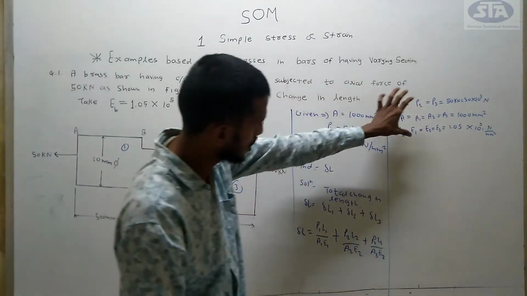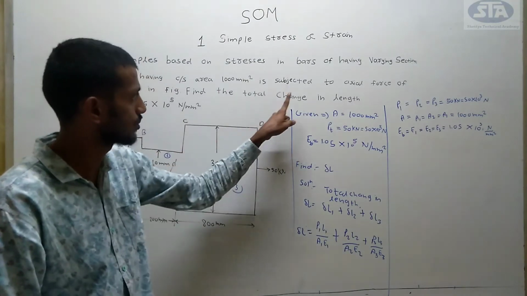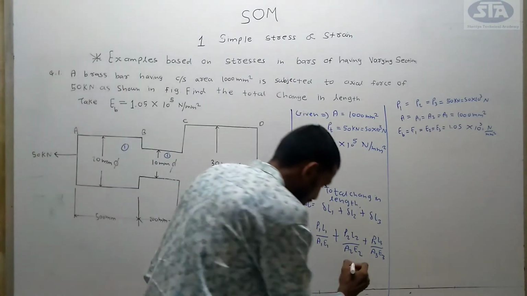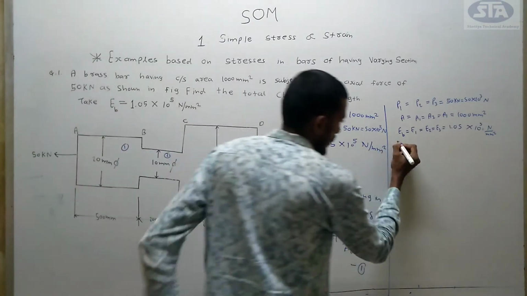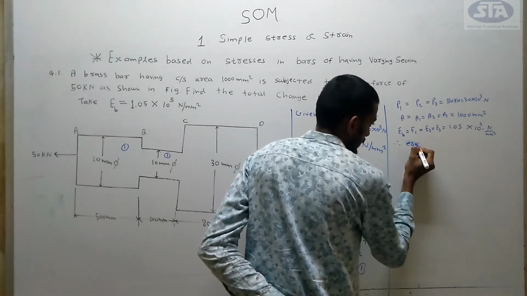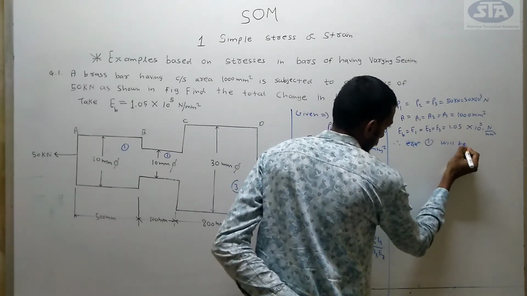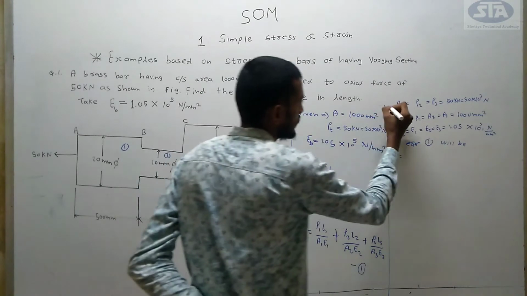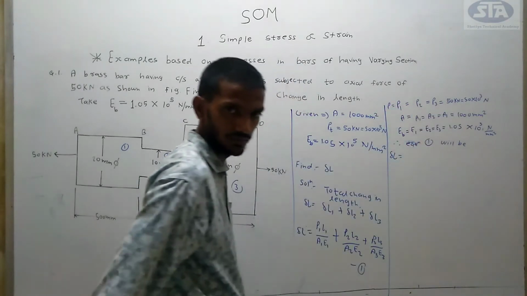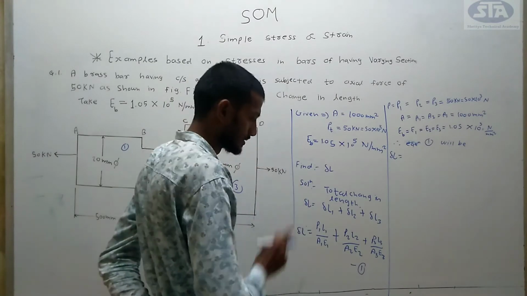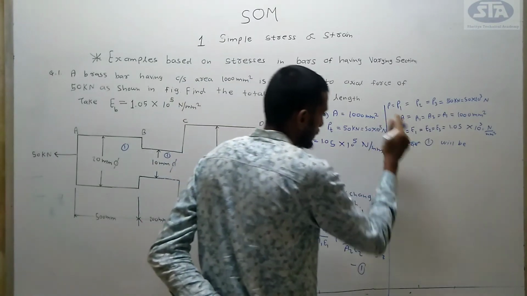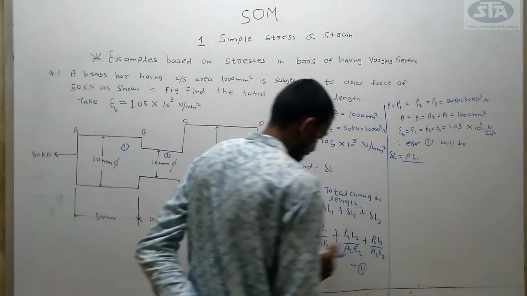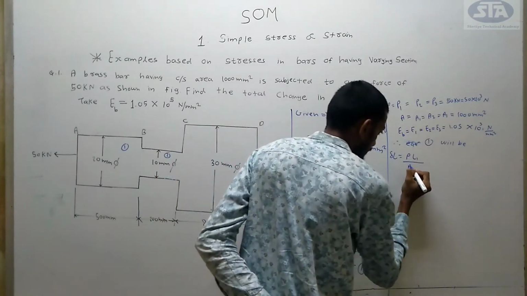These are the three common factors we already got from the given diagram. We have to just put these values in the equation. Let us call this equation 1. Equation 1 will be: delta L is equal to, with P1, P2, P3 common, P equal to P1, P2, P3, because the common force is applied on the same section. So P1 can be written as P, L1, again divided by area 1, which can be written as A.